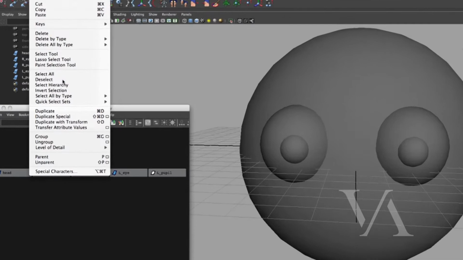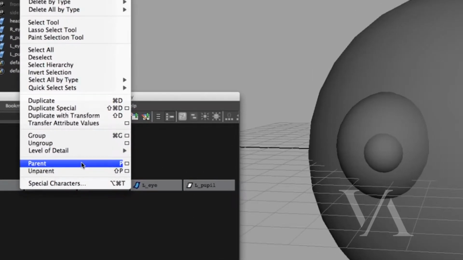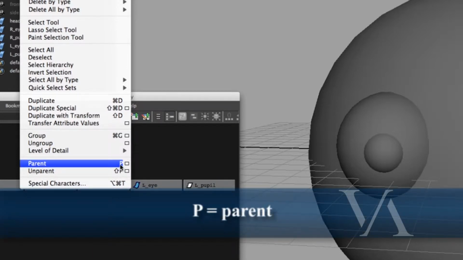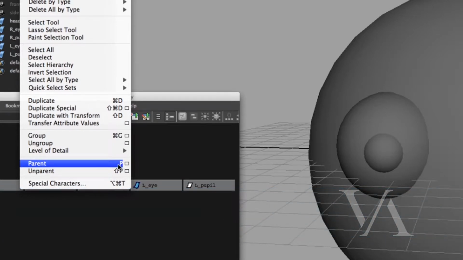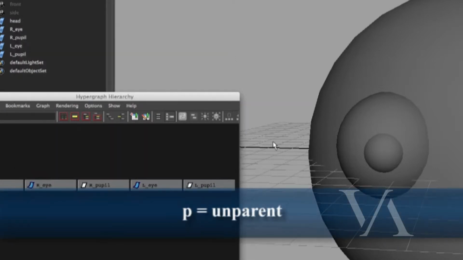The hotkey, it's actually going here to the menu called Edit. You go all the way down and it's called Parent, and we have the P right there, which is the capital P, as you can see right there, because the other one would unparent things. So the P would do it. So you can go,